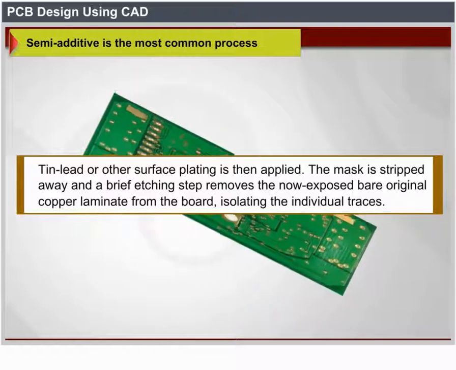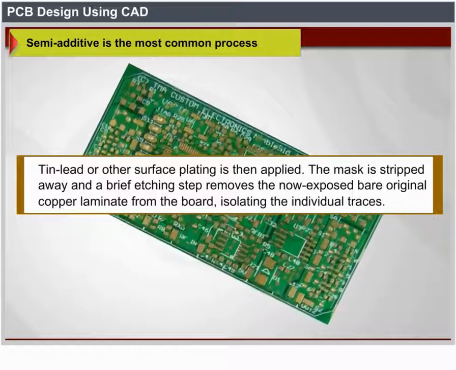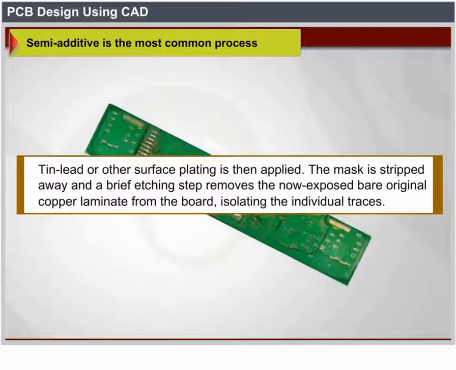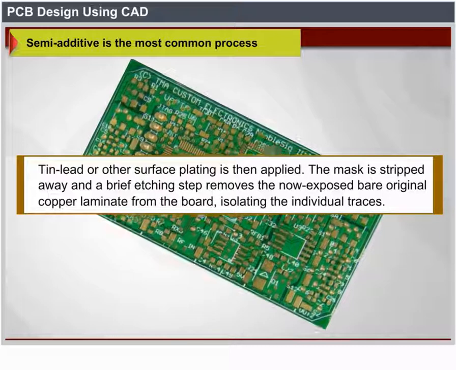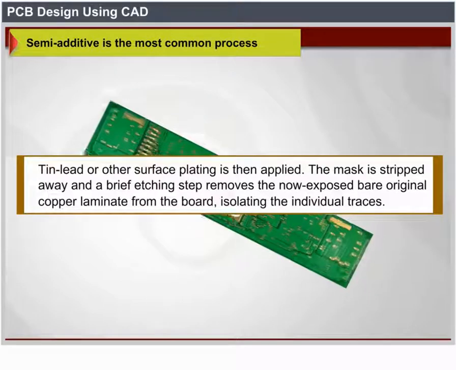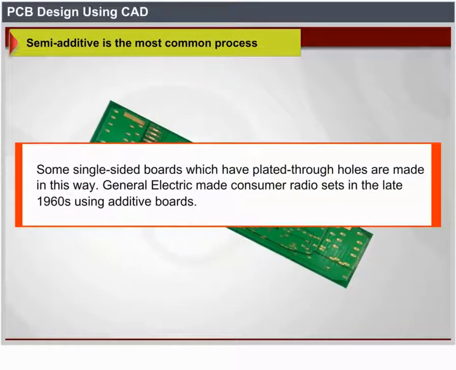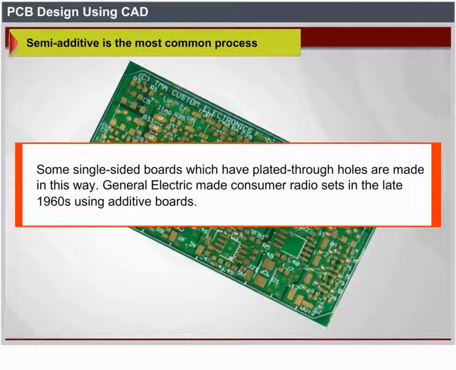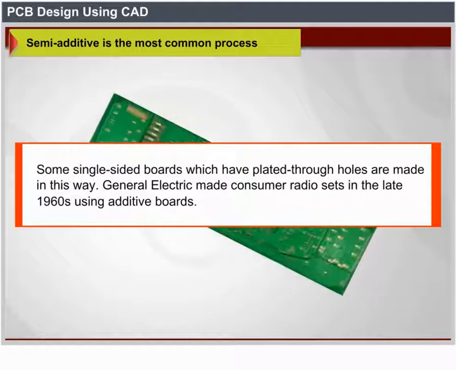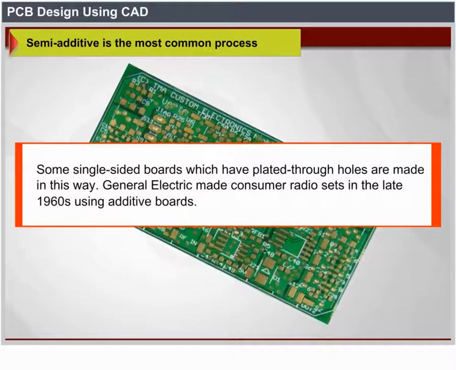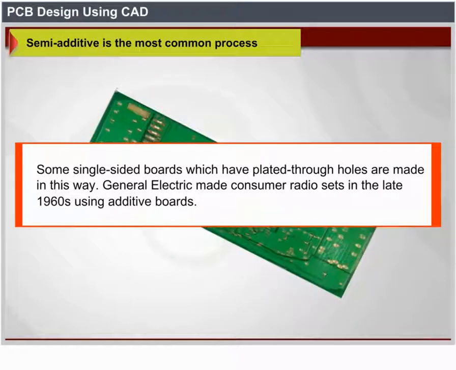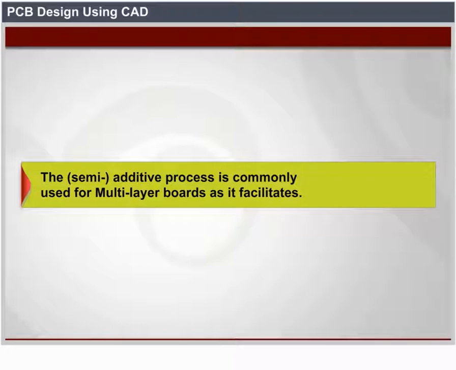The mask is stripped away and a brief etching step removes the now exposed bare original copper laminate from the board, isolating the individual traces. Some single-sided boards which have plated through holes are made in this way. General Electric made consumer radio sets in the late 1960s using additive boards. The semi-additive process is commonly used for multi-layer boards as it facilitates